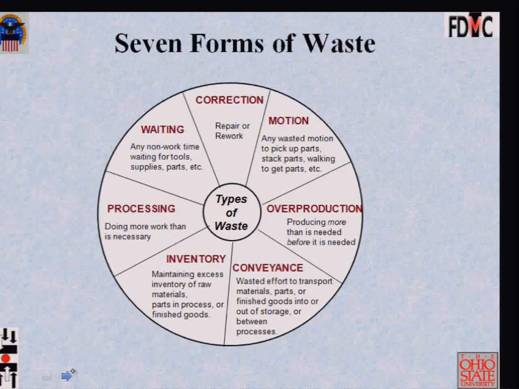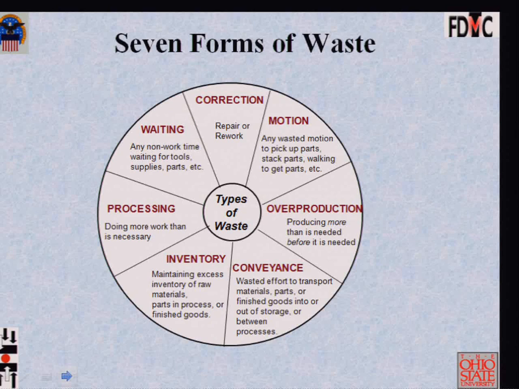What are these 7 forms of waste? Once again, I think it is Ono, Shingo, Kobayashi, all these Japanese experts who took the very narrow definition that industrial engineering had of waste, which was mainly about motion, motion economy, what the Gilbreths did. Maybe it was Taylor who talked about waste too, but I think it is people like Shigeo Shingo and Taiichi Ono and other Japanese experts such as Kobayashi who fundamentally said that there are 7 forms of waste,